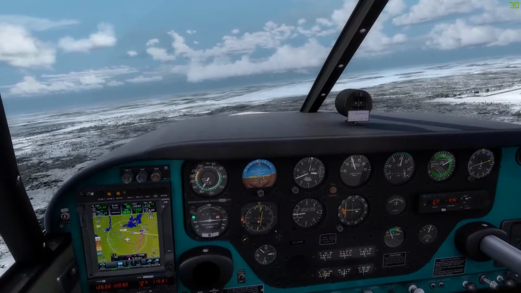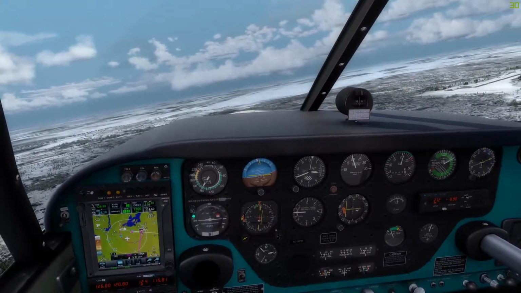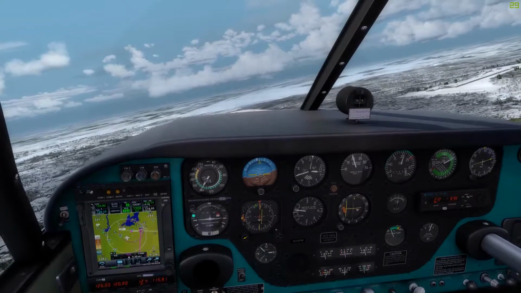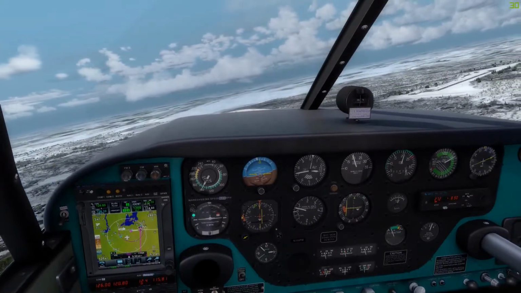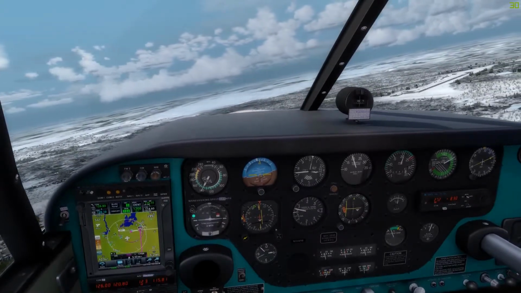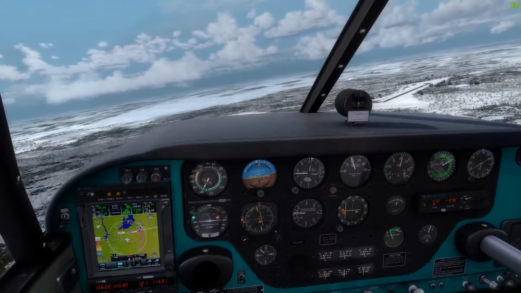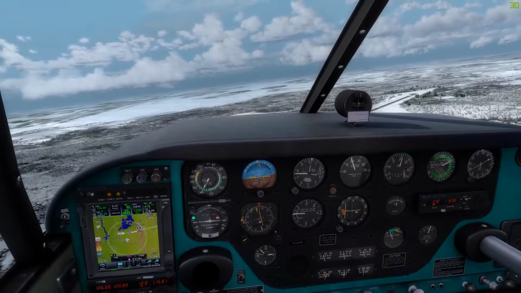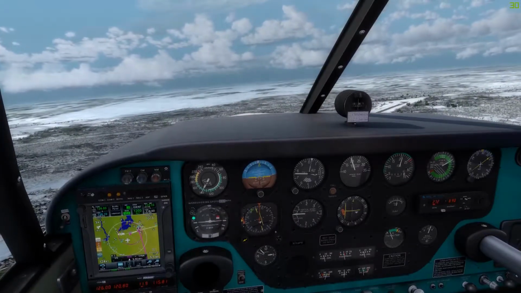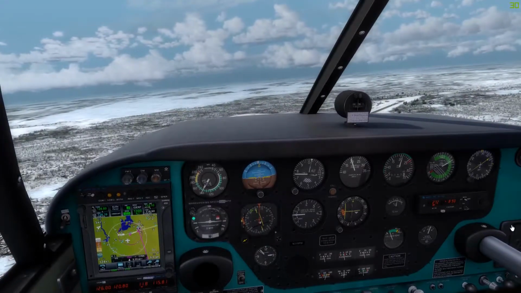Okay. So we're going to make our turn. Now this is the second or third NDB approach I've ever flown. I know how it's supposed to be done in theory, but having done it myself, that just hasn't worked out. So we're going to fly directly overhead and then we're going to turn to 031. So let's set up